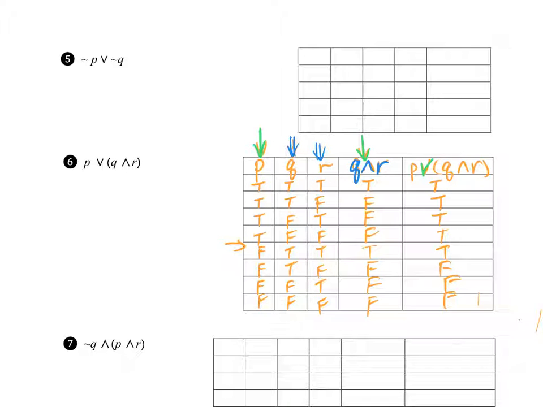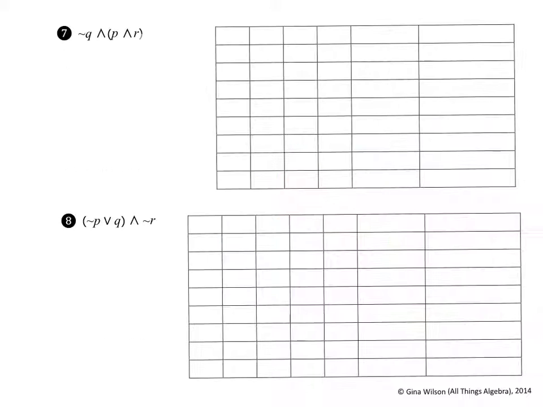I think I'm going to stop there. Well, there are 2 more, so I will lay it out for you for number 7. You have P, Q, R. Now you have not Q, which you have to find out. And then you need to find out P and R. So your final comparison is not Q and P and R. And because there are 3 original statements,